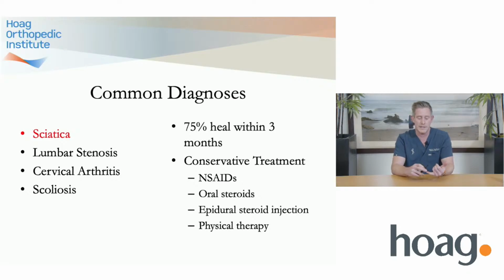So oftentimes, as long as there isn't a neurologic deficit, such as severe weakness, as long as there's no bladder and bowel function problems, as long as it's not severely disabling, we can try a conservative course of management. And that often involves anti-inflammatory medications. In the acute setting, we can treat with a taper of steroids, where we taper down over 5 to 10 days. In those situations when the patient's evaluated and really a basic course of anti-inflammatories don't work, we can try